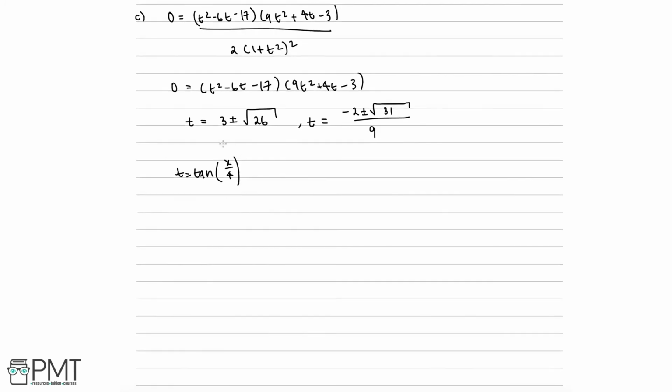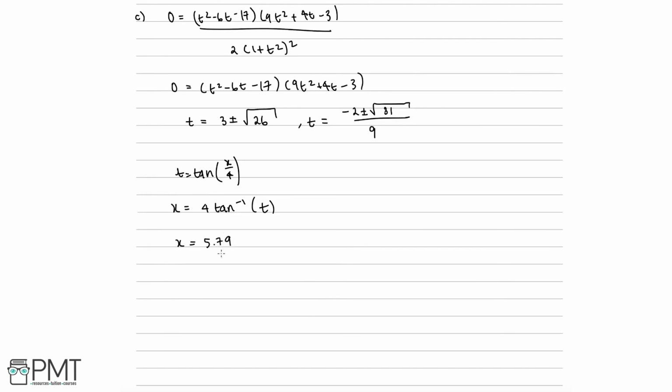Well, first of all, let's find out x from each of these equations. So we have, from our first 2 equations, x is equal to 4 multiplied by arctan of t. And thus, using these equations over here, for our principal values of x, we're going to get x is equal to